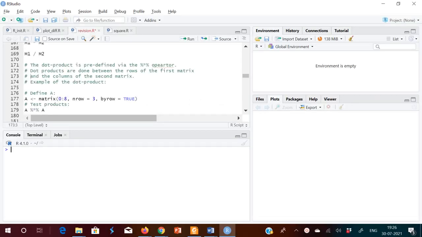Okay friends, now I'll come to the second part of the revision. So I was telling about matrices. Now I'll tell about the dot product. Okay, dot product is nothing but